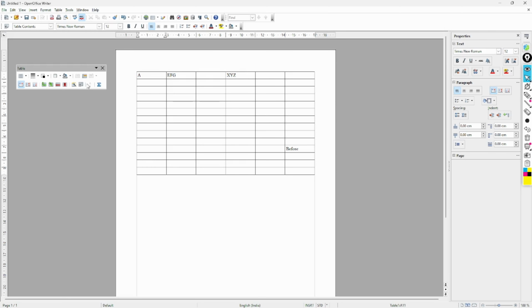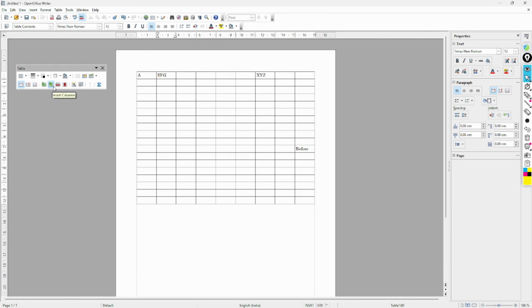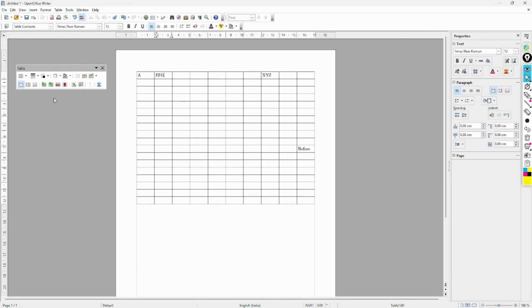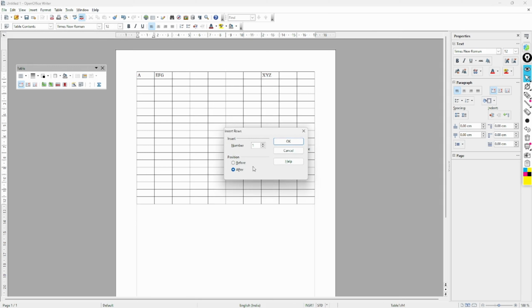Here you can see I selected this. Now see, it is adding downside only. It will add only after, not before. And now for column, where will it add? See, after, not before. These will always add after, not before. So if you want to add a row only after, then you can use this. But if you want to add before, then you have the table menu from here, and for example row, and then from here you can choose. Understood?